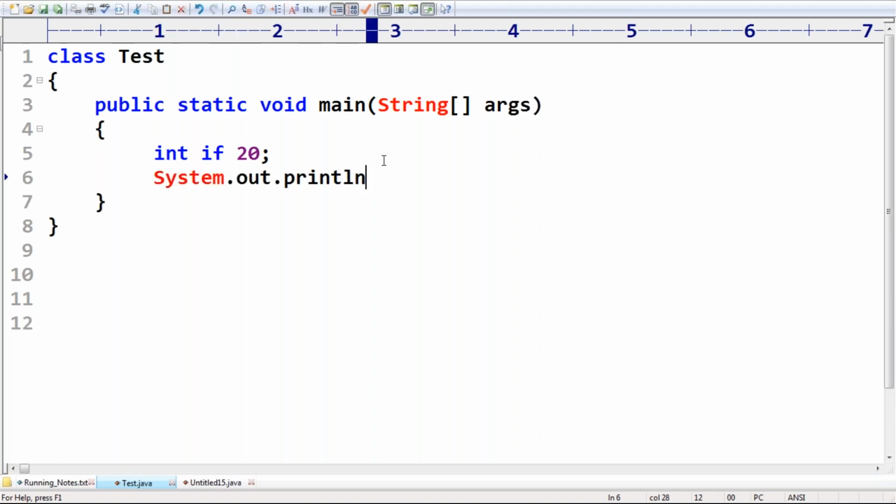I'm taking int if is equal to 20, and then System.out.println of if. Valid or invalid? 100% invalid. What is the reason? Because we can't use keywords as identifiers. By mistake, if you try to use one, we immediately get an error.